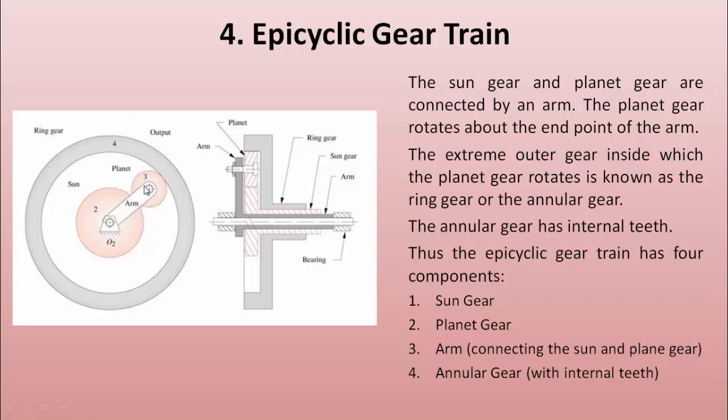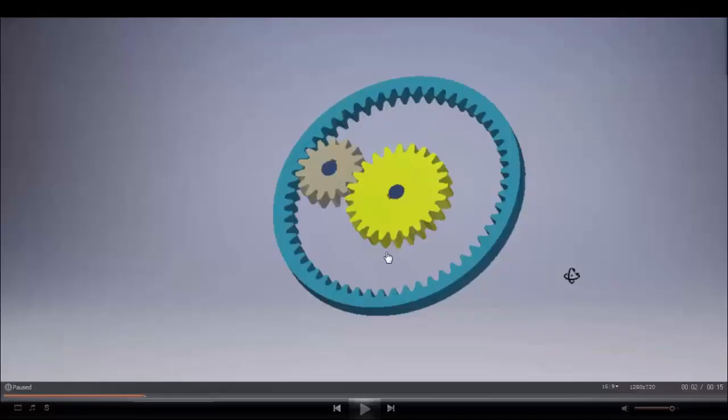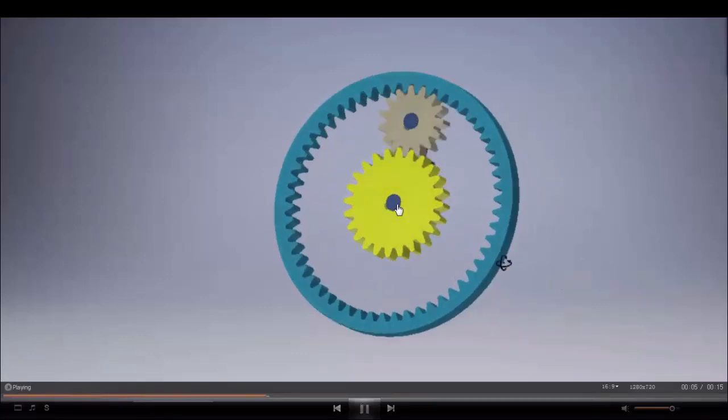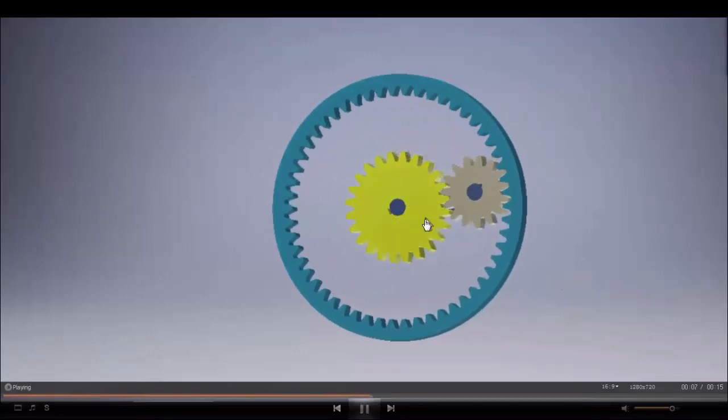We will see a video to understand this better. This is an example of your epicyclic gear train. Here is your sun gear, this is your planet gear, and this is your external annular gear. The sun gear is inside. At present, we have kept the sun gear constant. We have kept the RPM of the sun gear at 0. It is not necessary that it will always be 0. It can be varied. In this example, we have kept the RPM as 0.